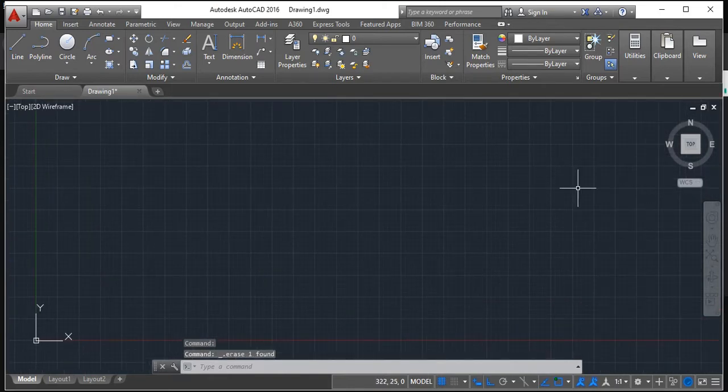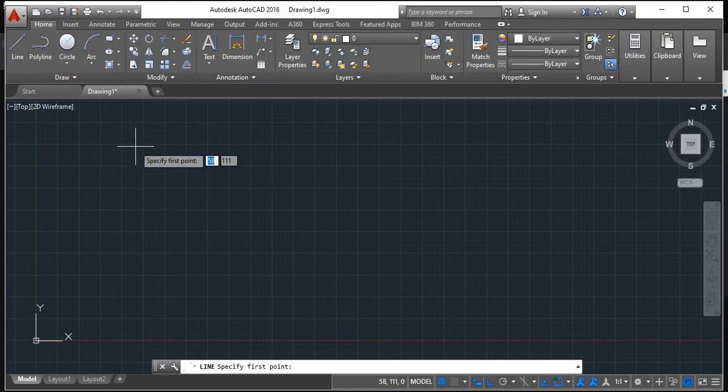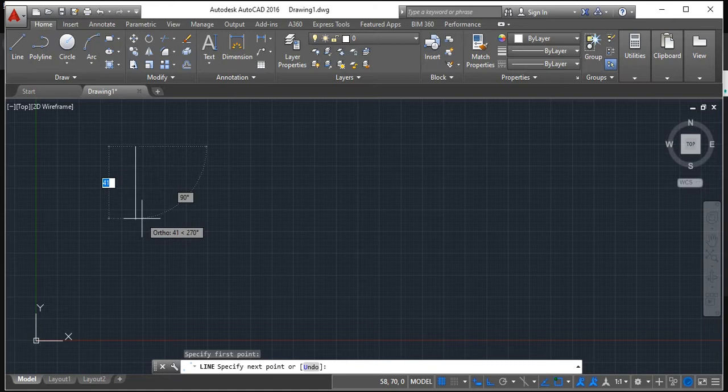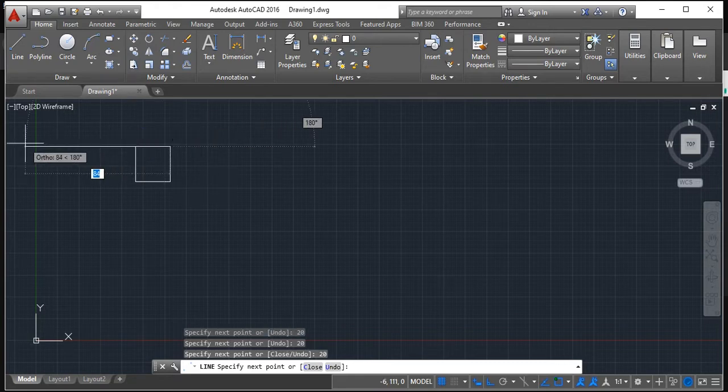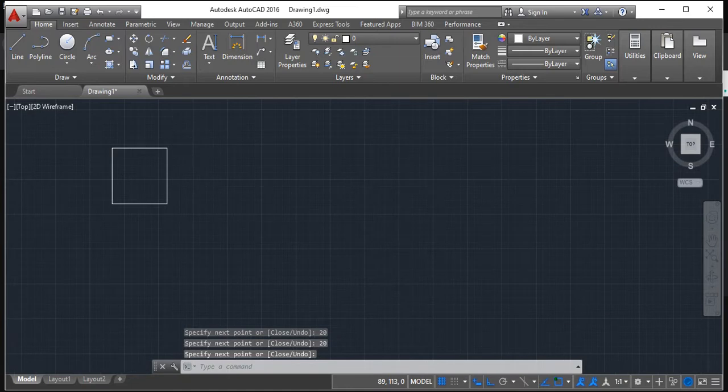Apart from this, I can make some entities like square, rectangle, etc. For this, basically you require a line command. The basic entity which I am going to make is a square. Select any point. Beside this you can see the text, whatever the dimension. I just make 20 cross 20, 20 mm, the first one. Then just move it towards the x-axis, you get 20 here. Vertically you move it just 20. Then again horizontally backwards you move it, you will get 20. That's it, your square is formed.